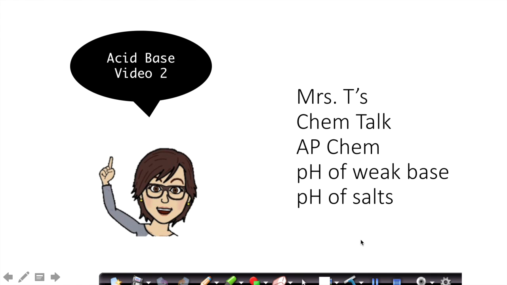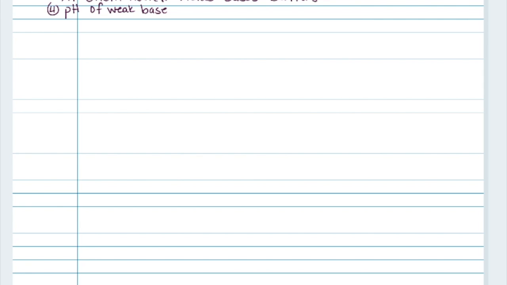We're going to find the pH of a weak base, and we're going to find the pH of salts, salt of weak acid and salt of weak base. If you are asked about the pH of a weak base, a Kb will have to be given, and you might be asked to find the pH of a weak base,